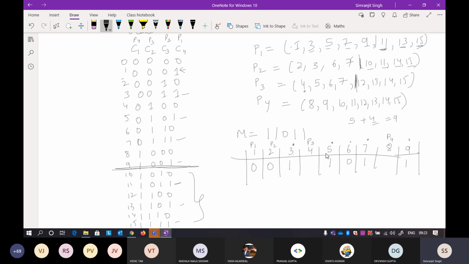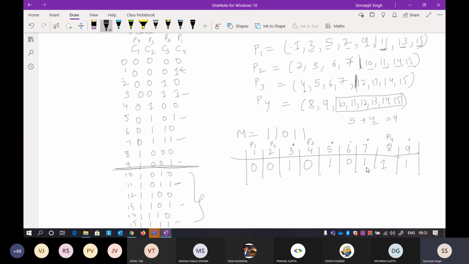5, 6, and 7. 5, it's odd. 6, it's still odd. 7, it's even. So you have to add a 0 here at parity bit position 3. Okay, in a similar way, you do not have to go beyond that. So this is not calculated because there is no 10th position here. Okay, so for 8, you have to check only 9. So the 9th position is odd parity, you have to add 1 here. Okay, so your message will be 0, 0, 1, 0, 1, 0, and then 1, 1, 1.